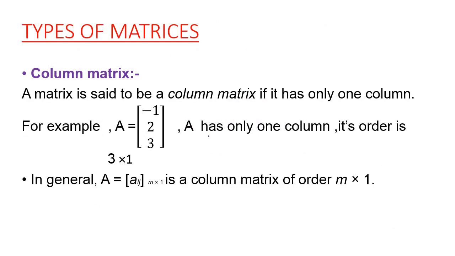These are the types of matrix. A matrix having only one column, whatever the number of rows may be, it doesn't matter, but the column should be only one. Then the matrix contains only one vertical line of elements. Then you can say this is a column matrix. In short form, in general, a column matrix is written like this. Here this value represents the number of columns, and this value represents the number of rows. This should be only one. That's why it is called a column matrix.